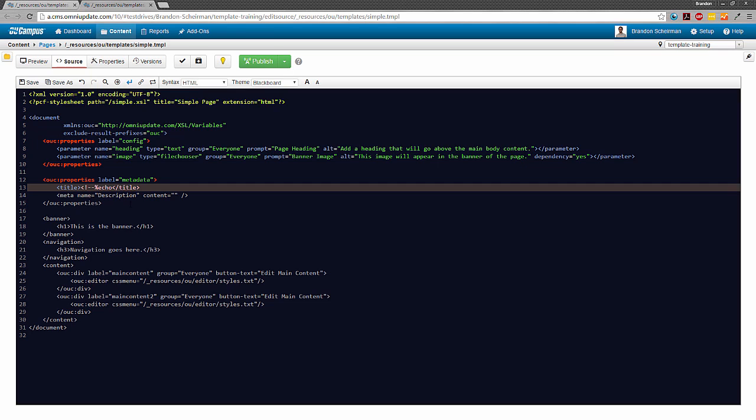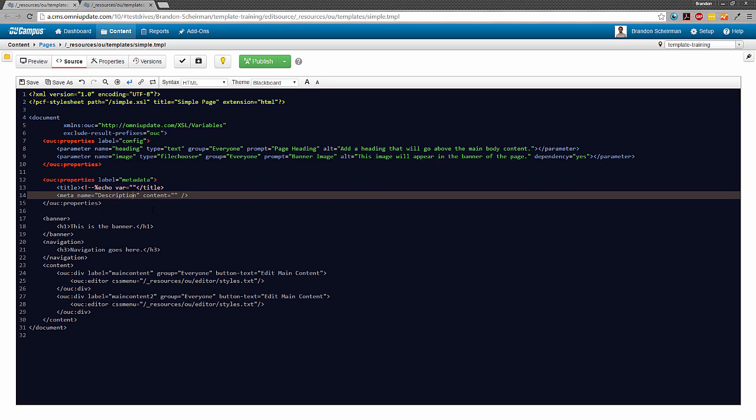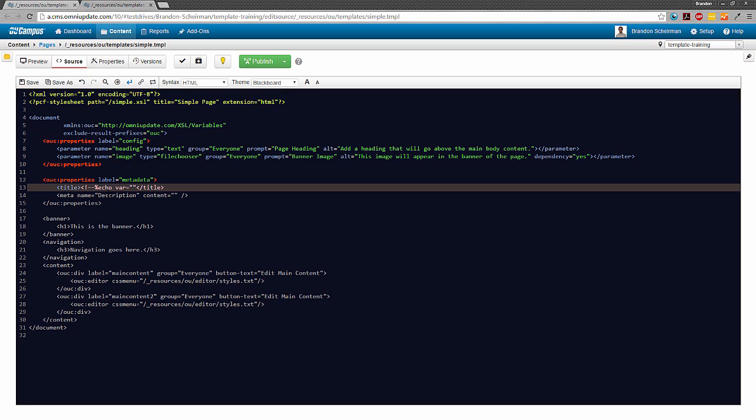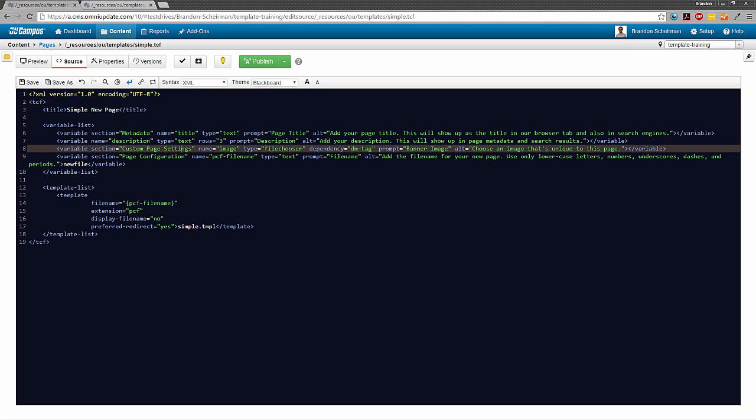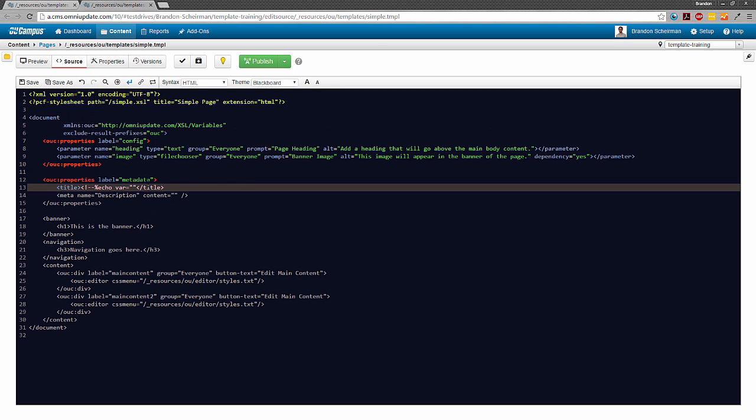So what we're going to do is, once we have our echo directive, we're going to use the attribute of var, which is essentially saying, hey, look for this variable, var variable. We're going to do equal sign, quotes, and inside the quotes we're just going to put the name value of whatever variable that we're listening for. So if I go back to my TCF, the name attribute for this variable is called title. So I'm just going to copy that, paste that inside of my echo var, and then this is very important,